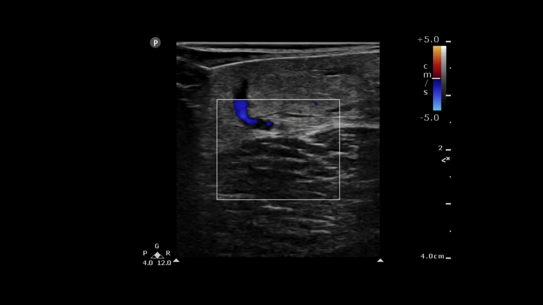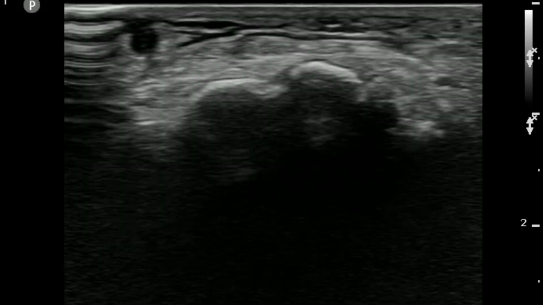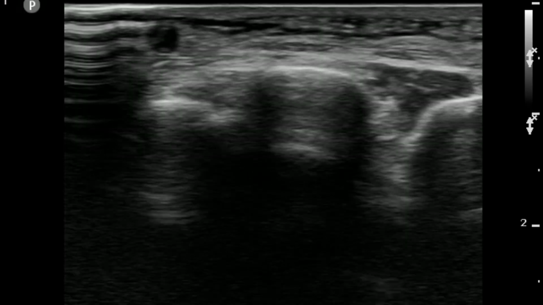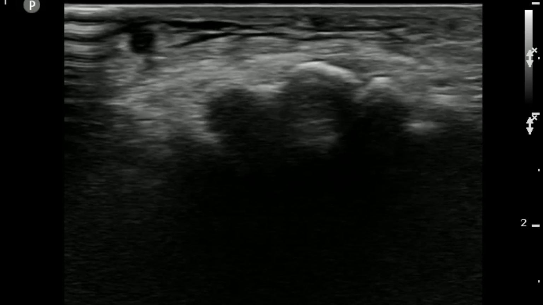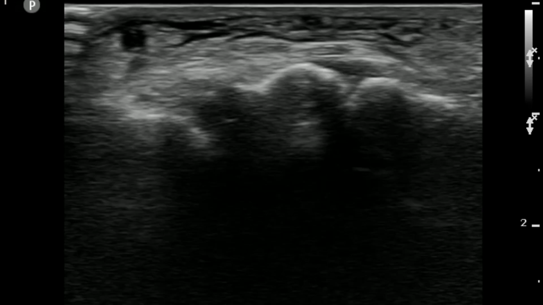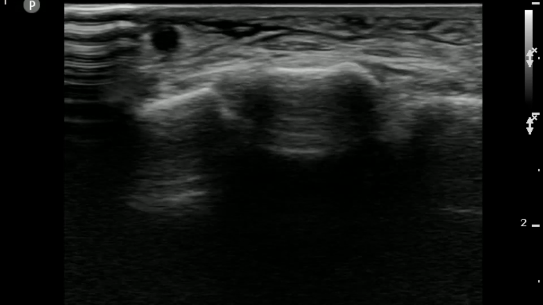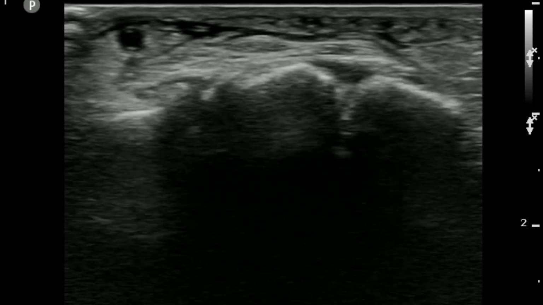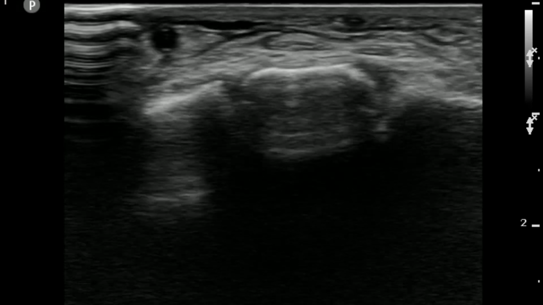A couple more images just to show things here. You may have some hyperemia as you have dilation of the blood vessels coursing through that area. And then finally here, this is just a profound amount of interstitial fluid that is going to be representative of this patient's cellulitis. So that's the overview of cellulitis, how you get from the normal sonographic anatomy to the cellulitic